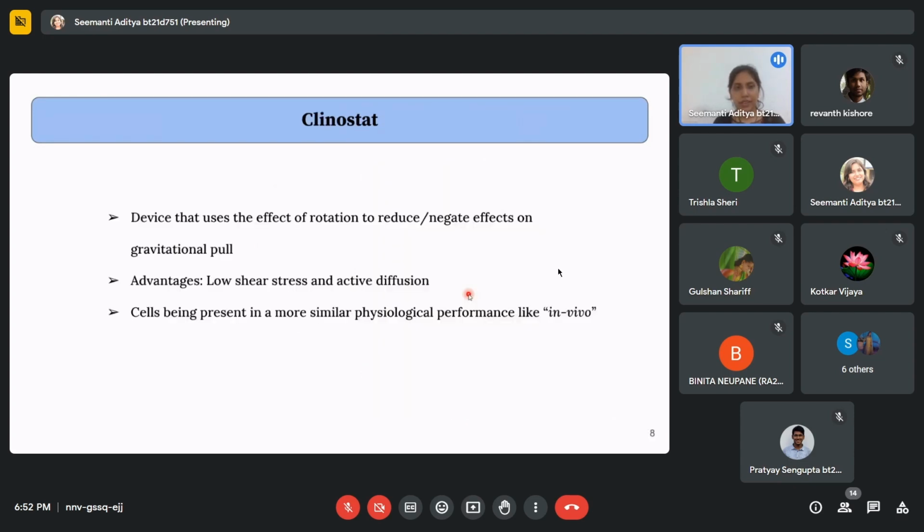So apart from that, one topic I wanted to discuss is the clinostat. In our lab, we don't have it, but this is a very sophisticated device. Basically, in the incubator, last week I had shown the incubator image, we have 5% carbon dioxide and we maintain 37 degrees Celsius temperature. But we have racks in which we put the cells. We don't have a moving incubator